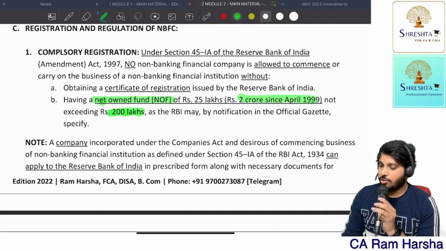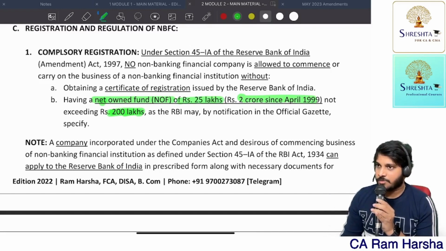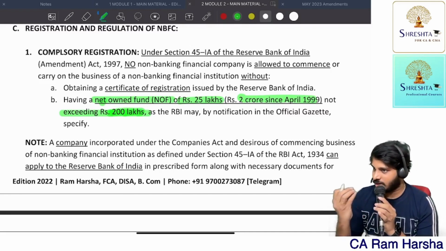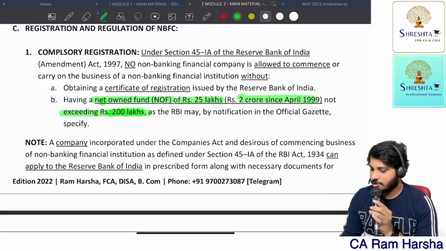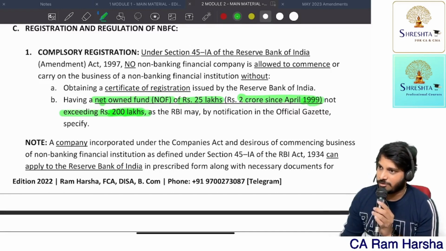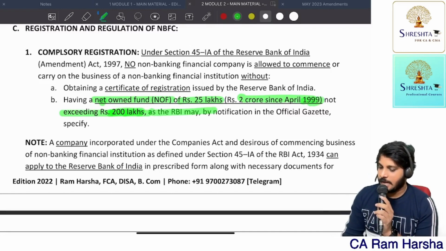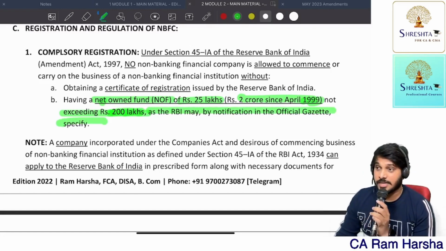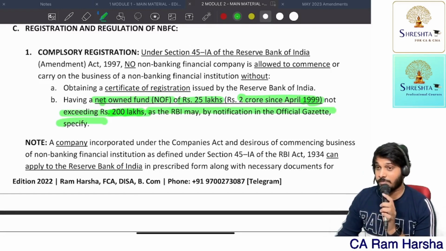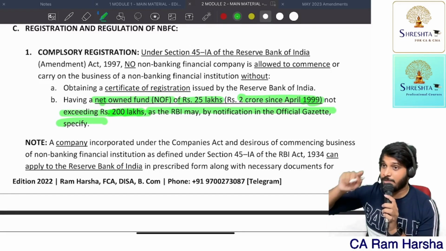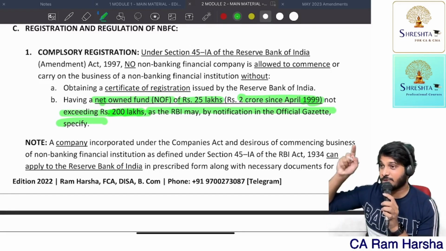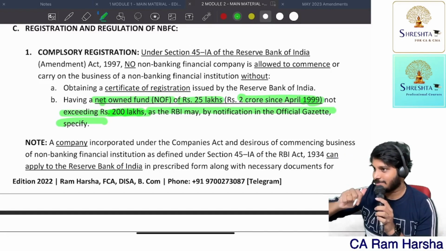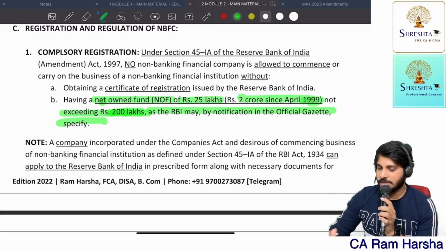Okay. So, original limit is 25 lakhs. Maximum net owned funds criteria is 200 lakhs. But right now, anyhow, the revised limit is what? 2 crore, which was revised in 1999 itself. Getting it? As RBI may notify in the official gazette. And you know what? This net owned funds criteria is increased to 10 crore for NBFCs in a phased manner by 2025 or 2026. RBI has released instruction clearly saying